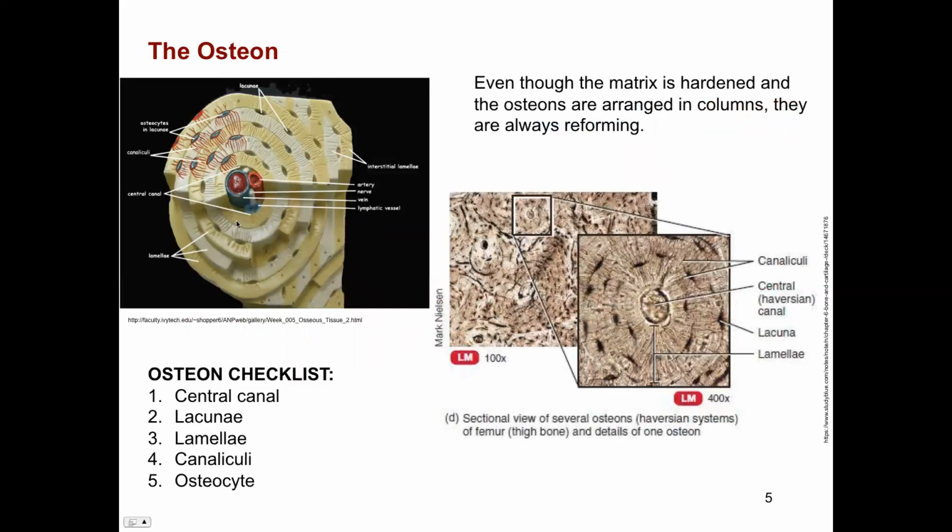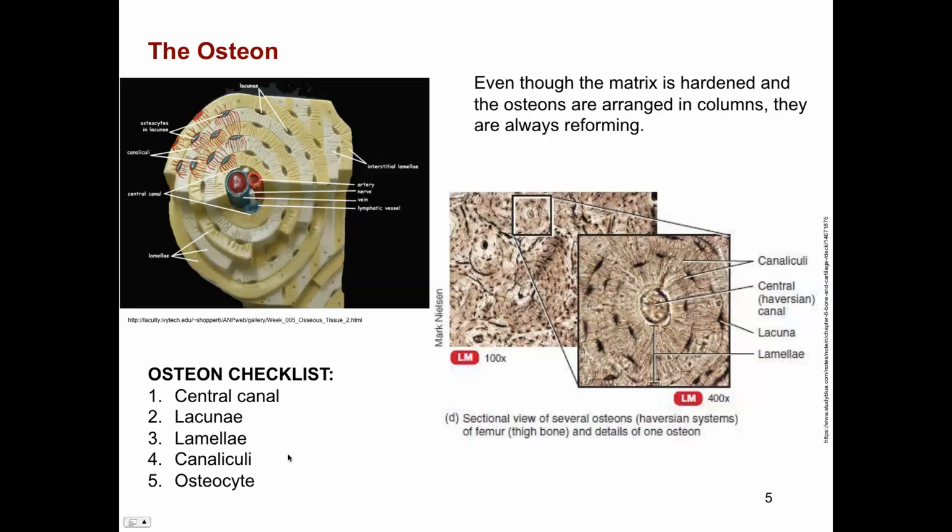So here down the middle is your central canal. This is where we have our blood vessels and our nerves. And then we have these concentric layers of bone. And remember, this is like tree rings. So it's not just one little disc. It's like a whole column of bone. And each of these rings are called lamellae. And within those lamellae, you'll see these little spaces called lacunae. And it is within these little lacunae that the osteocytes live or exist and maintain the bone and respond to